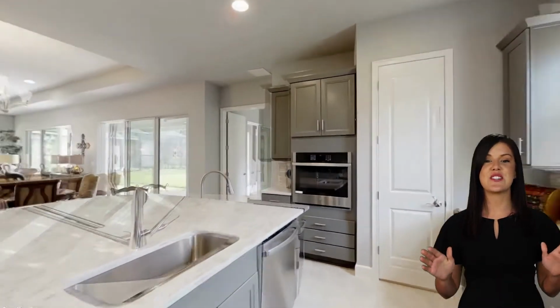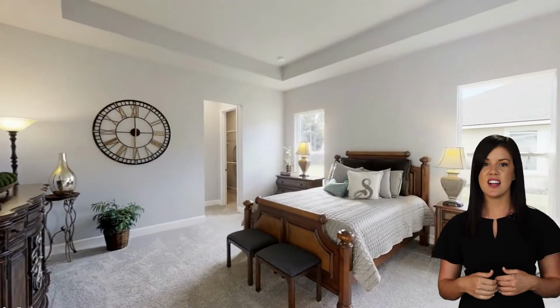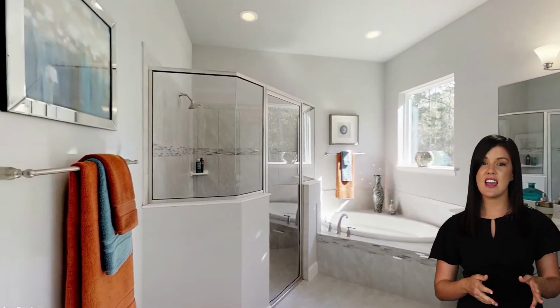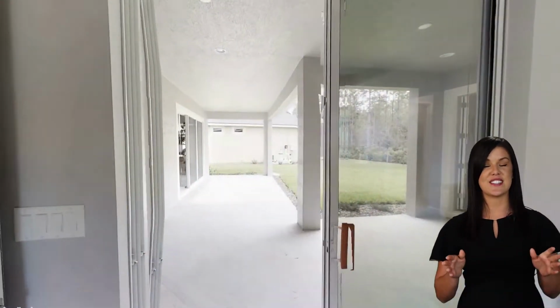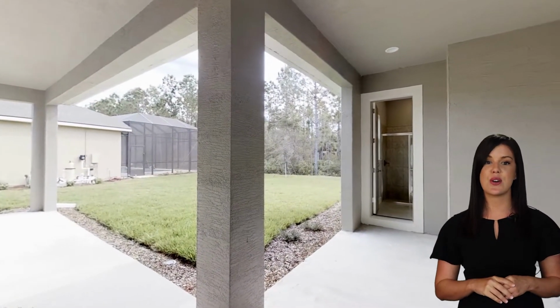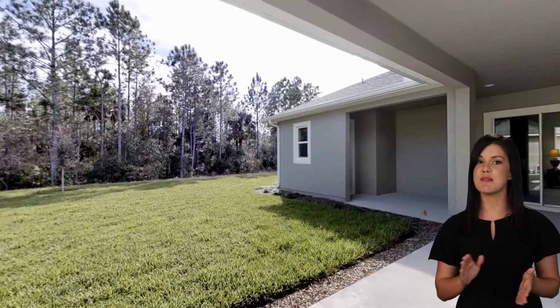The kitchen has an enormous center island and a large walk-in pantry. I personally love how the master bedroom of this home has two separate walk-in closets and has sliding glass doors going out to the oversized, massive, L-shaped covered lanai. This spacious lanai also has a complete pool bath, which is perfect since this backyard has an ideal amount of